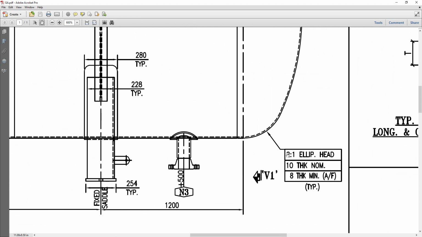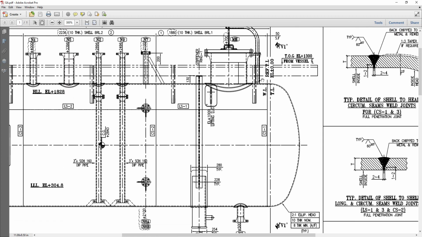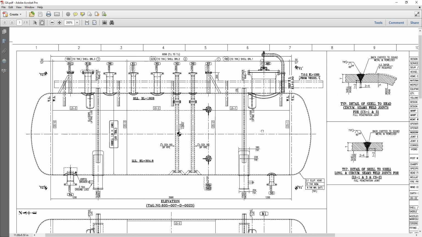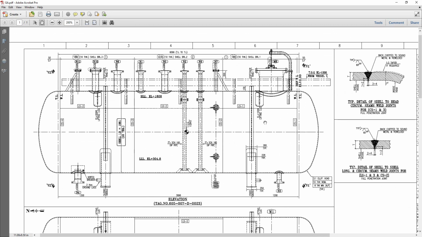It's a 2:1 ellipsoidal head with a thickness 10 millimeters and minimum after forming 8 millimeters. Here that's the straight flange value. Okay, let's start proceeding